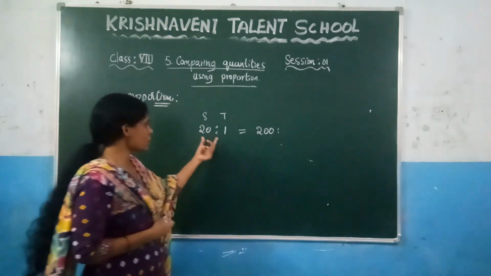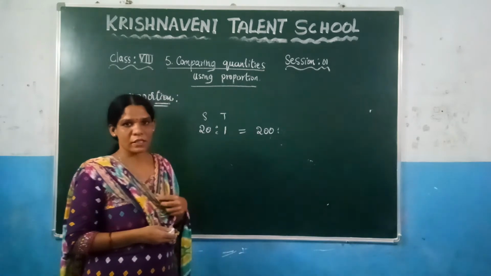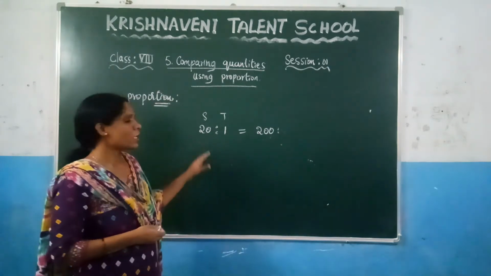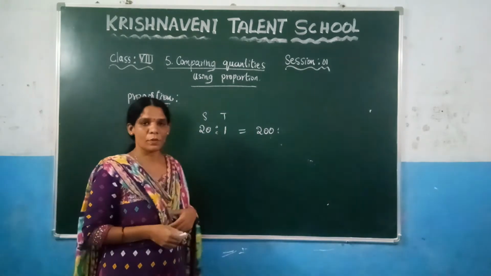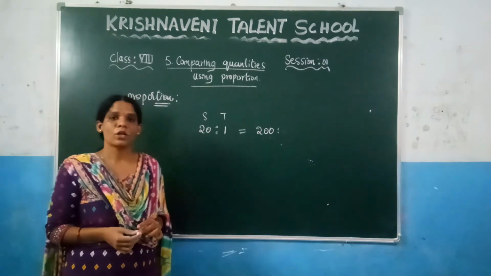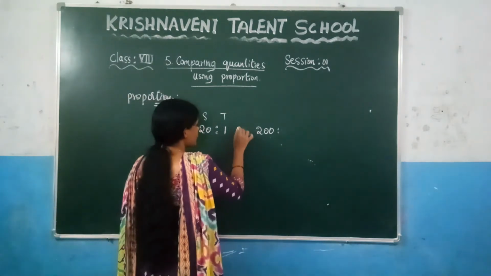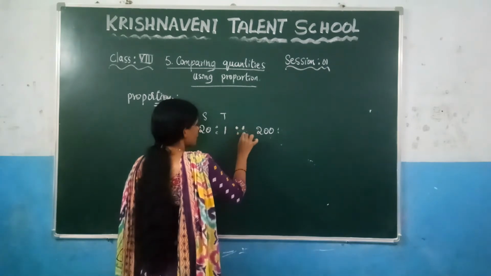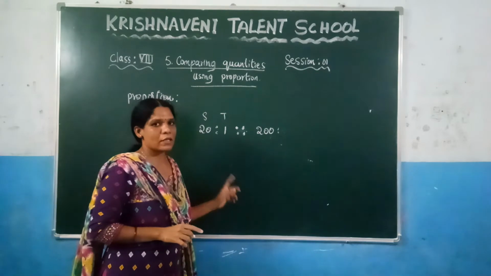So, based on this result, we are going to find this result such that these two ratios are equal. Such type of comparison we call a proportion. So, this is the example of the proportion. If two ratios are equal, then we can say that those two ratios are said to be in proportion. And the proportion is denoted by the symbol 2 dots and 2 dots. This is nothing but the proportion, or you can keep an equal to sign.